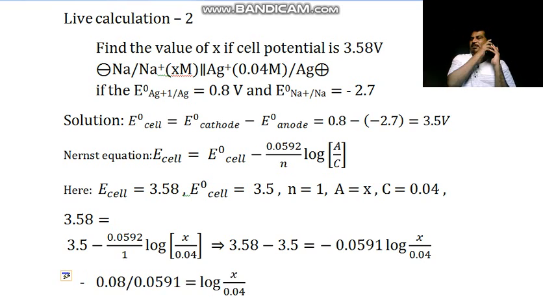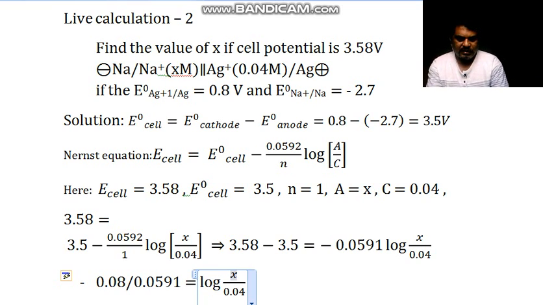Okay, so now in calculation we have to use the calculator. So in calculation we are going to calculate 0.08 divided by 0.0592, and this is the 1 point. This answer is